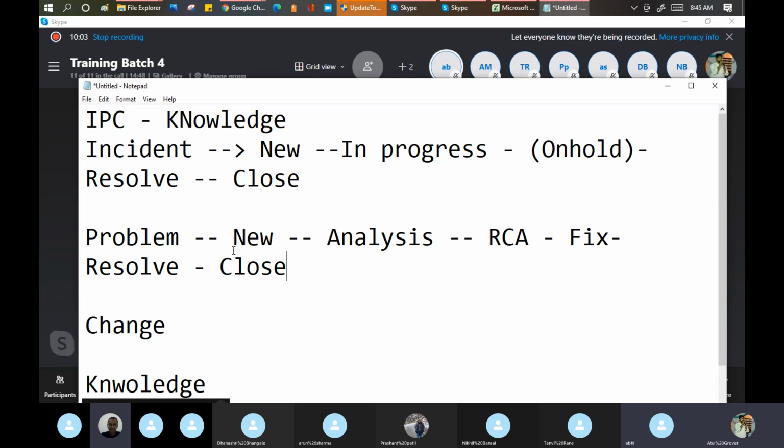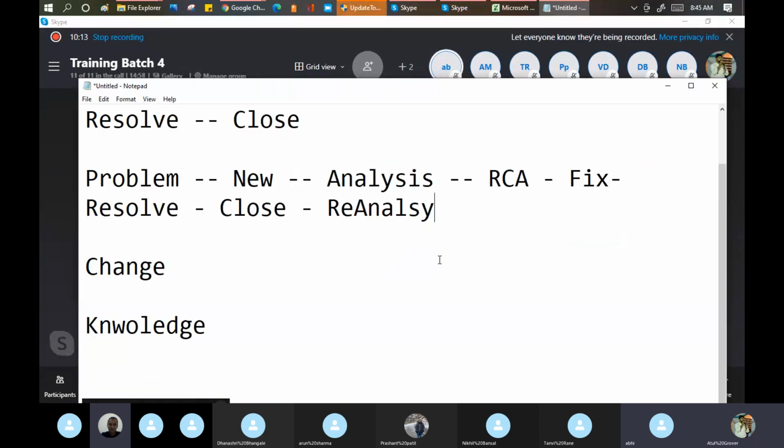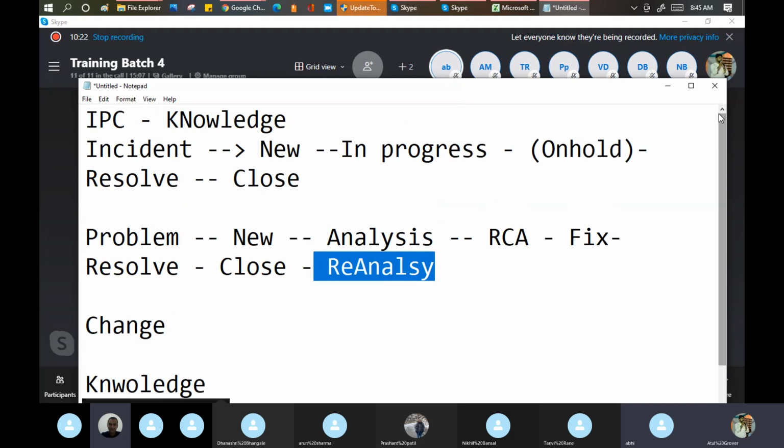So you can reopen, or rather reanalyze. Only a problem record can be reopened, not the incident. Clear? Is all this fine? Everybody? Okay, good.